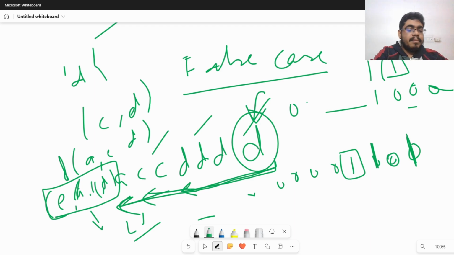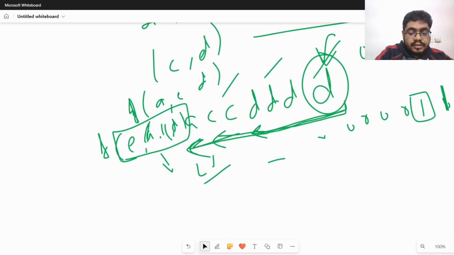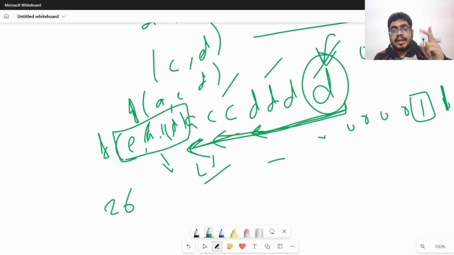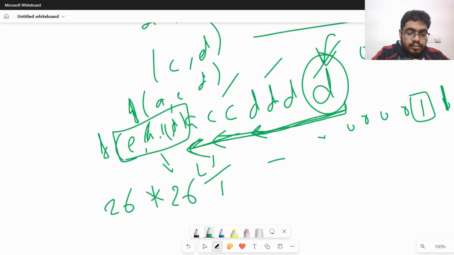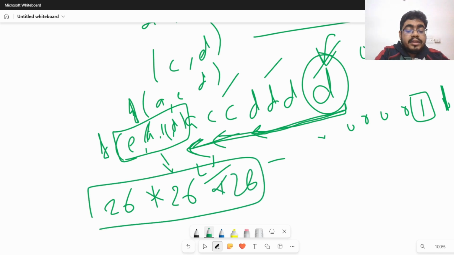So A is still in the set, but I've just added F. But in total, if we think about it, there are 26 such sets having one character, two character, three character, four character, up to 26 characters. In each of the sets, I can make one change, assuming that that is the set that we arrive with at D. We can remove one character from there, possibly. So we have the option of removing one of the characters, which is 26, and we can add one more new character if we are replacing. So into 26. So in total, the number of possible bit sets with which I can arrive at this D